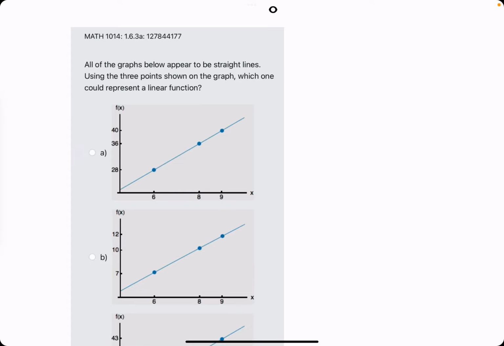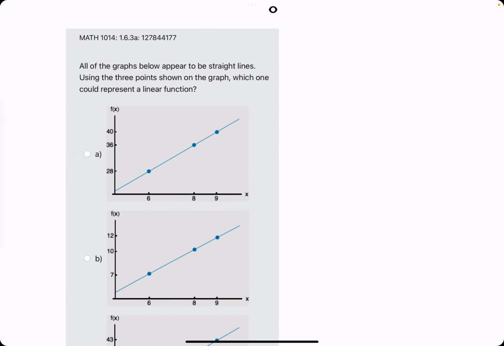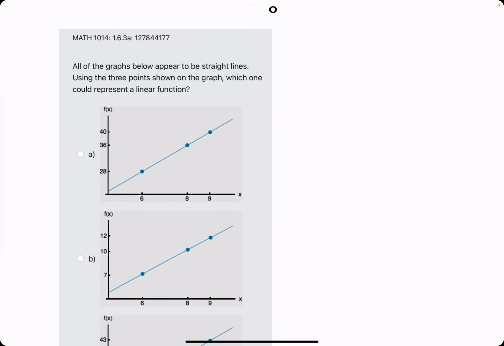Okie dokie. In this problem, they say all of the graphs appear to be straight lines. Using 3 points, which one could actually represent a linear function? So this is kind of testing the idea that linear functions have constant slopes or constant rates of change the entire time. So the way we will go about checking which of these graphs has a constant slope is with